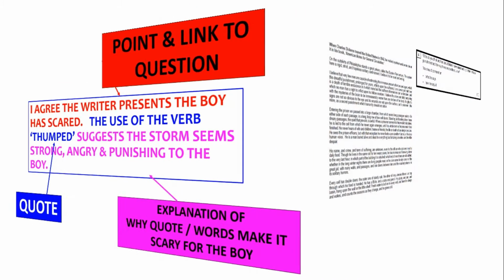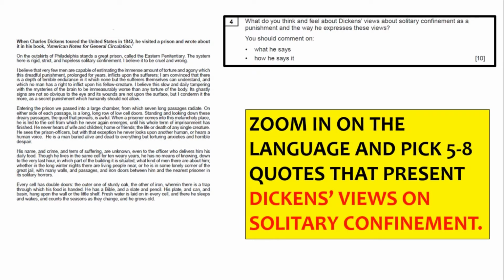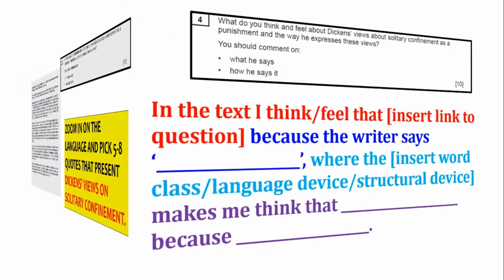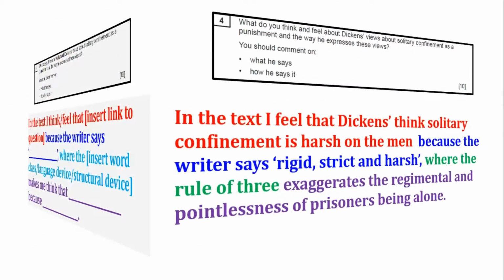Okay, so remember this question, what do you feel about Dickens' views on solitary confinement? Okay, so what I would do, and I do the same for any extract, any question, if it's a 10-mark question, zoom in on the language. So what I mean by that is look for 1 or 2 word phrase quotes and try to pick 5 or 8 quotes that present Dickens' views on solitary confinement, which basically means the prisoners being imprisoned alone. This is the structure I would use, so if you want to pause and have a look,